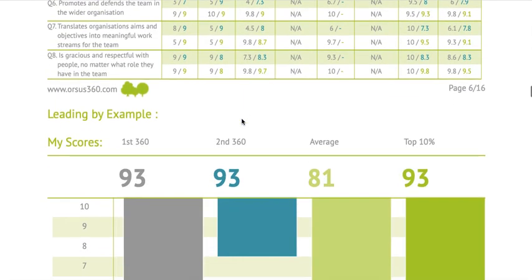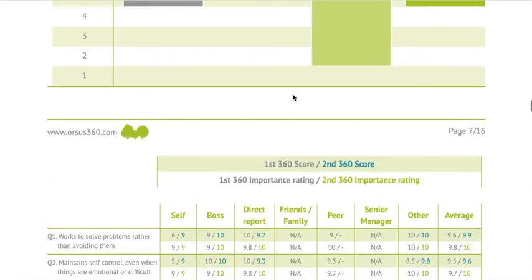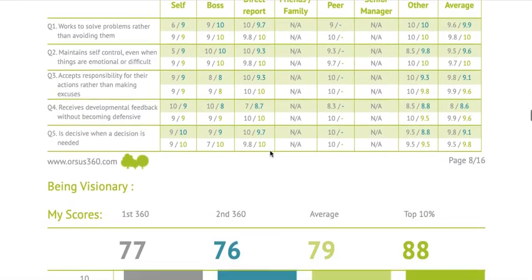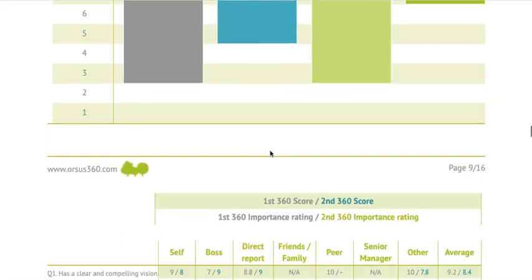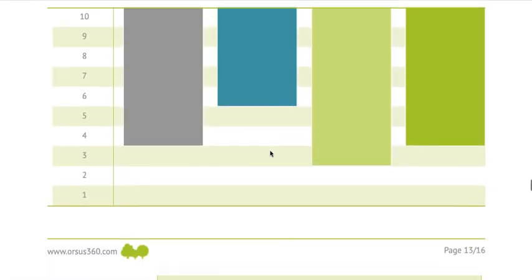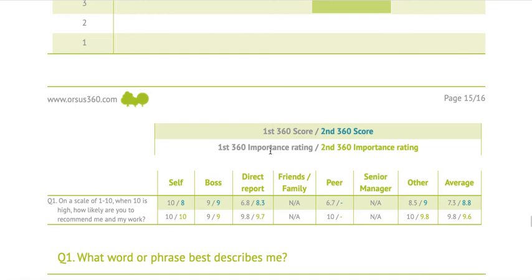As we move on, you can see the next question about leading by example, similar profile that we've seen about how people have scored, and then followed by the question data underneath and how each peer group has answered it. And again, I'm not going to go into any analysis at this point on this report. And then you'll see that repeats itself for each of the questions as you go through. So we're just going to scroll down to the bottom,